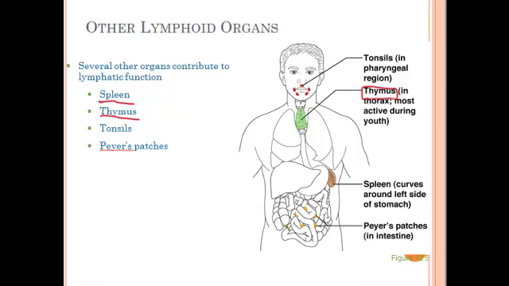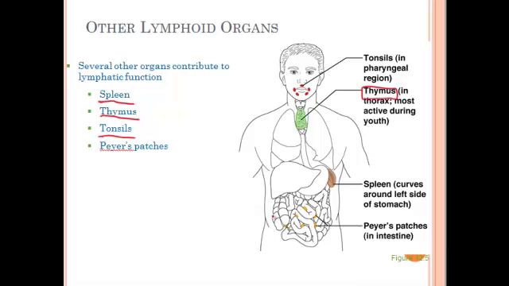Next, we have the tonsils. Most people are familiar with tonsils. These are found in the back of your throat and above your throat. There's a number of tonsils. And these tonsils are very important in catching foreign material that's entering your airway or your digestive system. So as you're breathing, you can breathe in bacteria and viruses, and these tonsils are there to catch that. They're lymphoid organs, and so they have lymphocytes, immune response cells, and so they'll start attacking the bacteria and trying to get